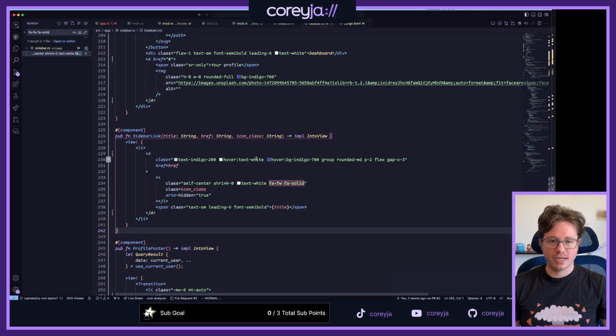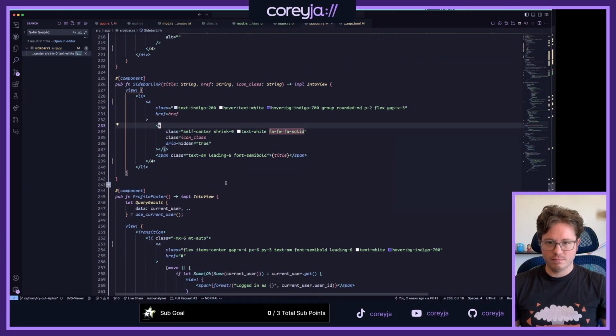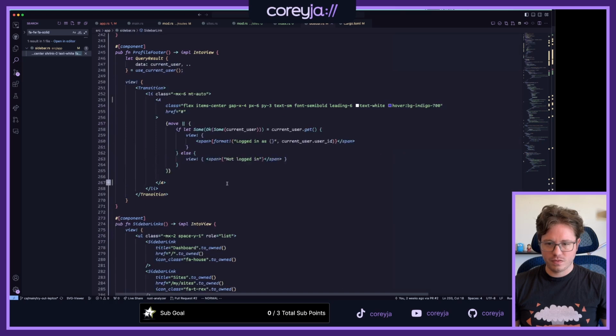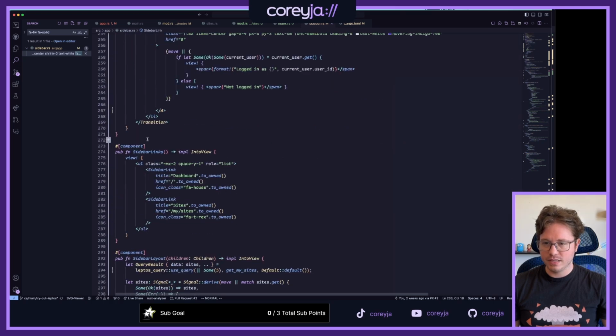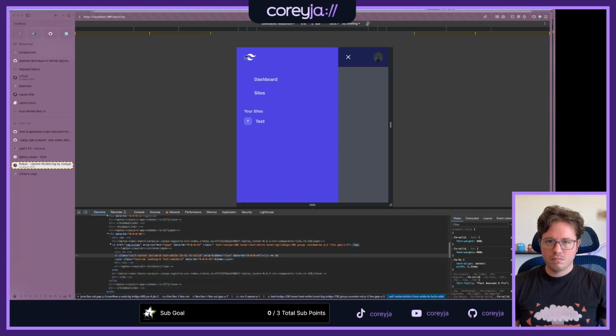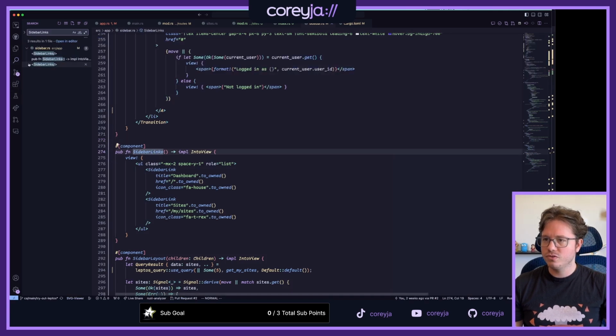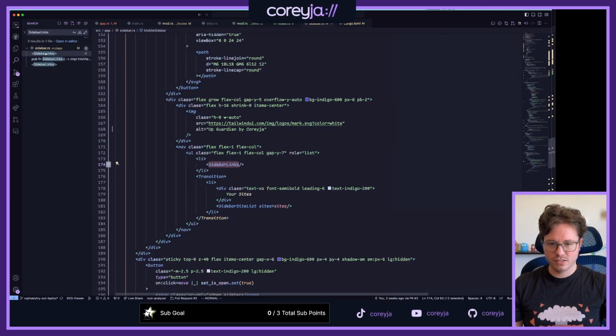But I had fun icons there. That was definitely part of it. Yeah, like these sidebar links that have FA house on them. So where are you used? Sidebar links is used in two places.